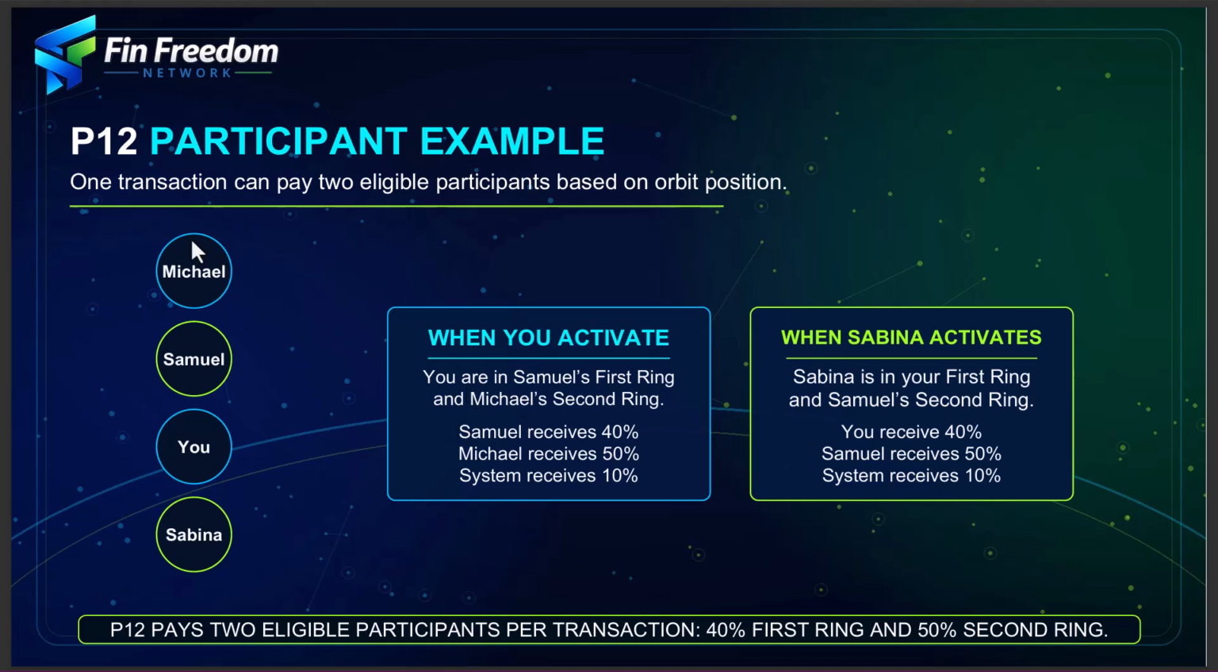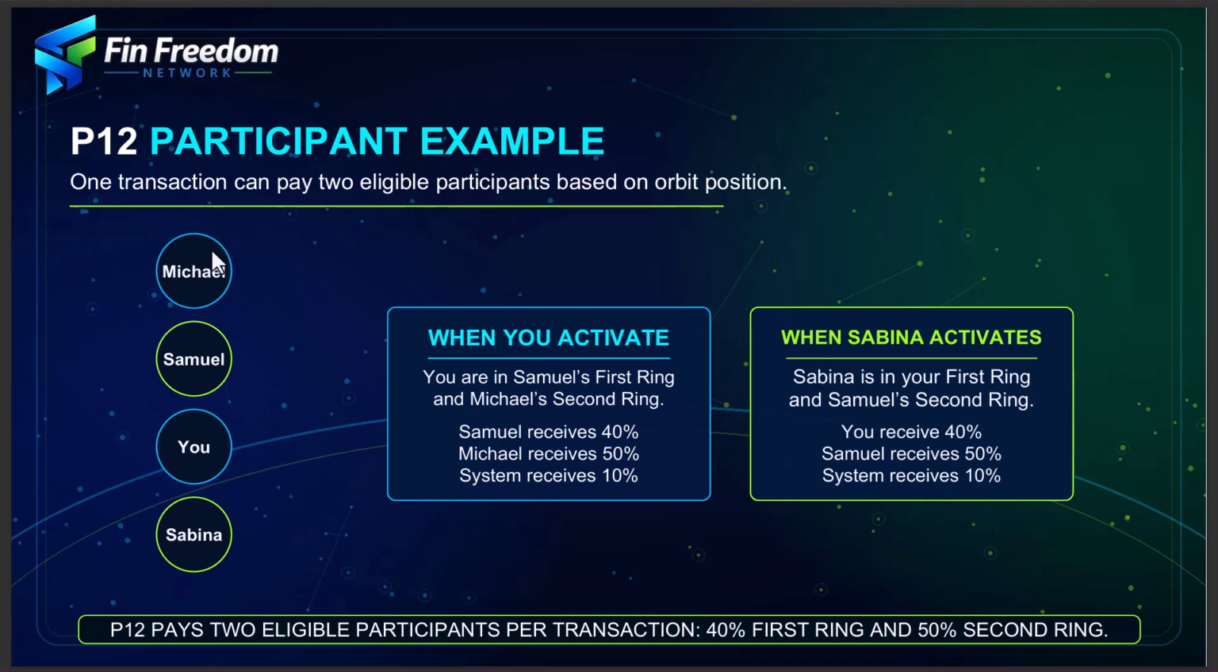Okay? Like I said, one transaction can pay 2 eligible participants based on orbit position. So this is you. This is your direct sponsor. And this is your sponsor's sponsor. And this is your first partner. You are the one that sponsors Sabina. Samuel sponsored you. And Michael sponsored Samuel. These are the earning goals. When you activate your level, you end up in Samuel's first ring and Michael's second ring. This is you. You end up in your sponsor's first ring and you are also in Michael's